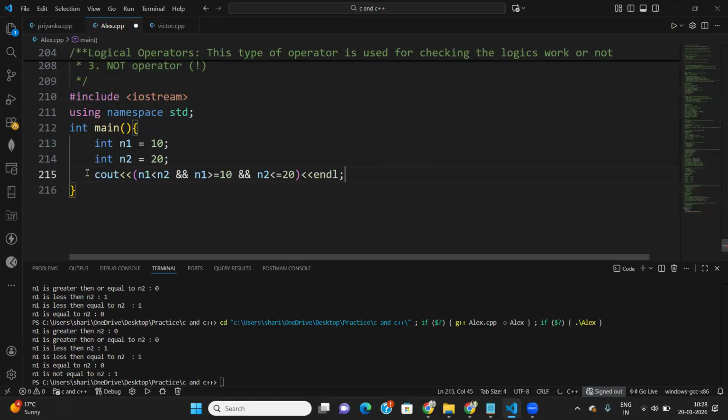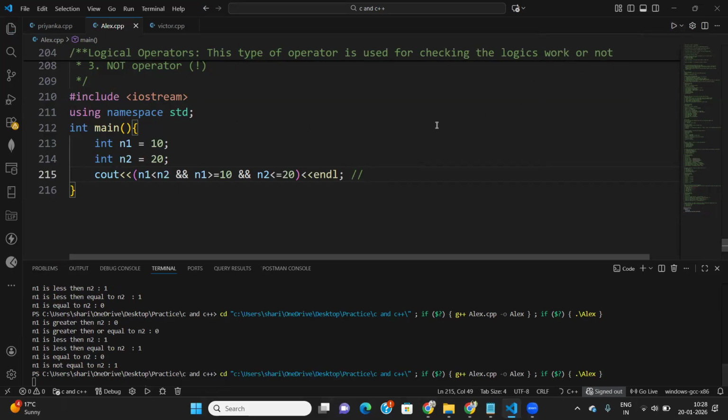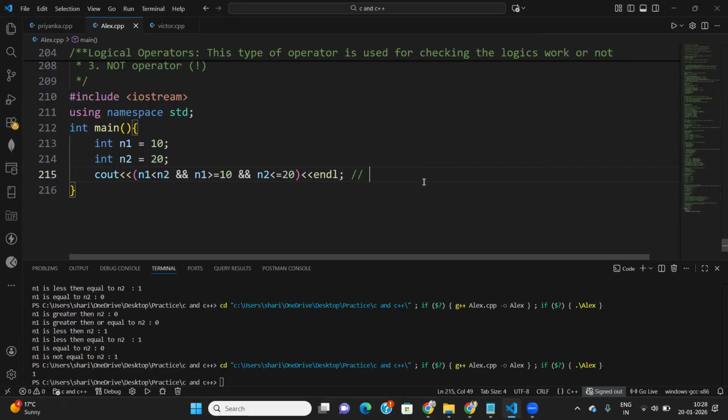Here we have to check all three conditions at a time. For AND, all the conditions have to be true, right? So n1 is less than n2, yeah, true. n1 is greater than or equal to 10, yeah, that's true. n2 is less than or equal to